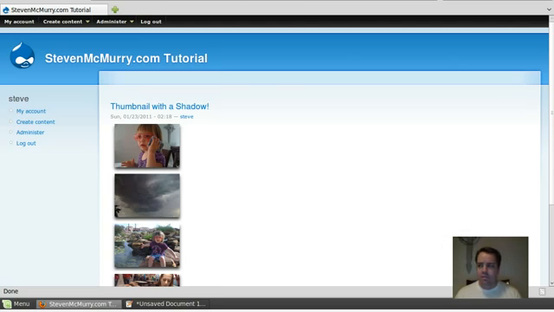But first, you've got to install Drupal and Contemplate. Create your content type, or use an old content type that you've already got that you want to modify, like I've got here with this thumbnail with the shadow. So what I'm going to do is have Contemplate throw it all the way across, all 4 images across, and I'm going to create some new stuff. But first things first,